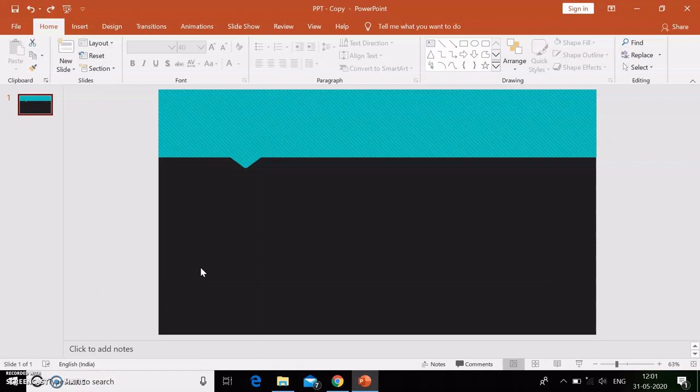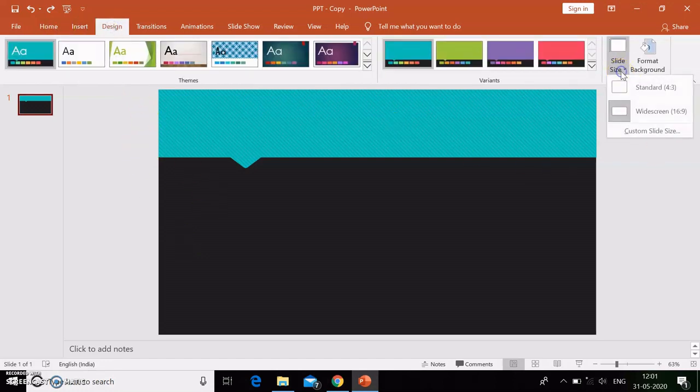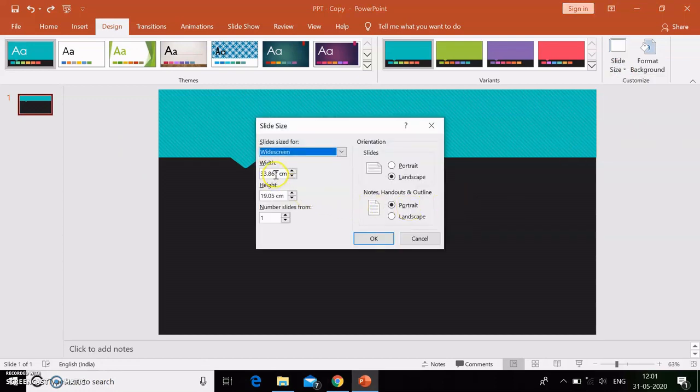We will make everything here and then we will convert it into an image file. So to start, go to Design, select Slide Size and Custom Slide Size. Now by adjusting the width and height here, you can increase or decrease the size of the slide.